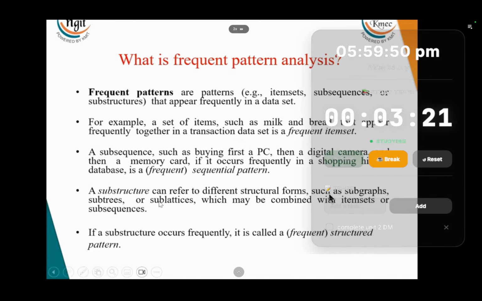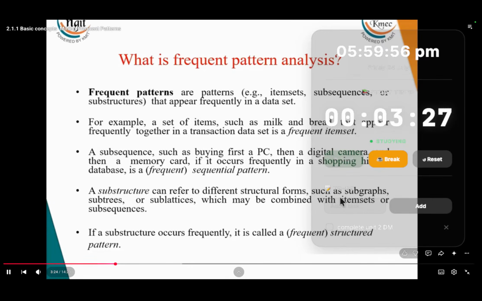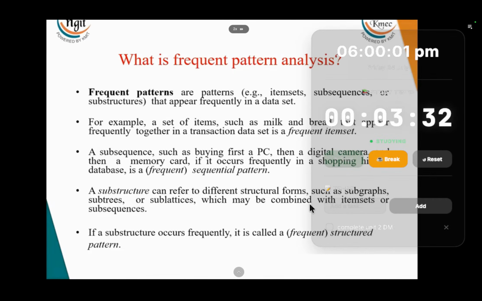So we also have something called substructure patterns. What is this? Basically, substructure patterns are represented in the form of subgraphs, subtrees, or sublattices and so on. For example, if you have a social network, and frequently we'll be sharing our photos, or we'll frequently chat with our friends, right? So here, among the social network, the activity you are doing, the tagging and all, it's called a substructure. That substructure is represented in the form of trees or graphs. In order to detect those substructures also, we'll be using frequent patterns. And the substructure which occurs frequently, those are called